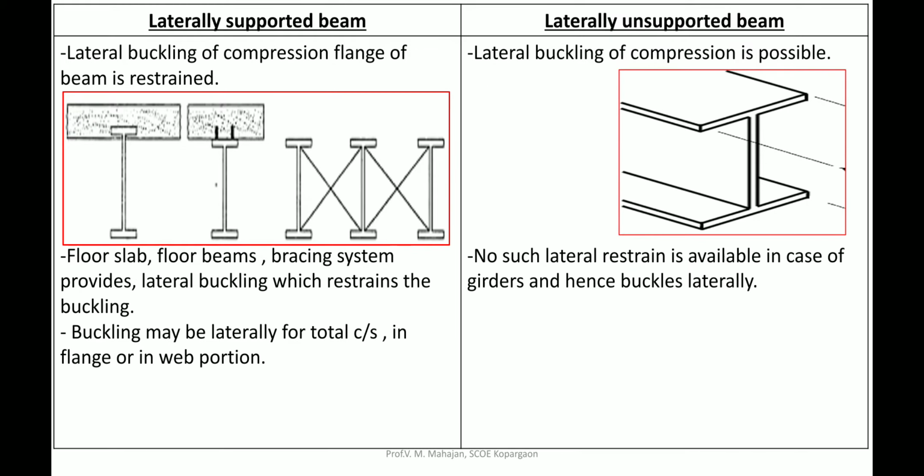Then we'll find out the differences between the laterally supported beam and laterally unsupported beam. So what is meant by a laterally supported beam? We know that top flanges are related to compression flange or compression member, where we are going to design for the maximum bending moment, and here we are going to check the shear for the web, or we can also check for web buckling and web crippling.